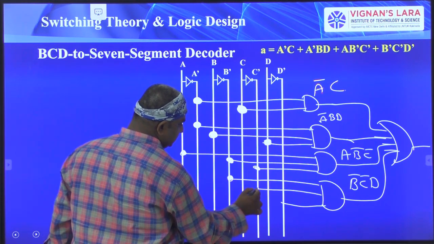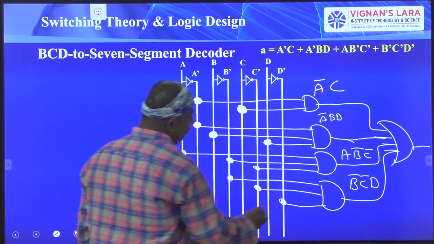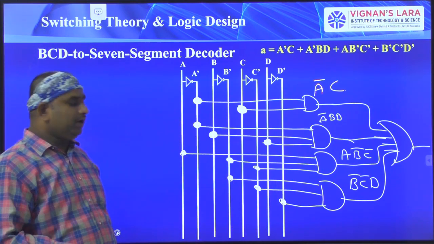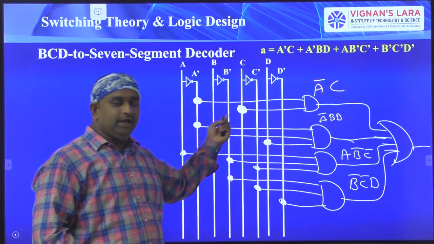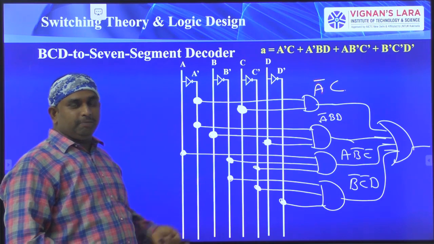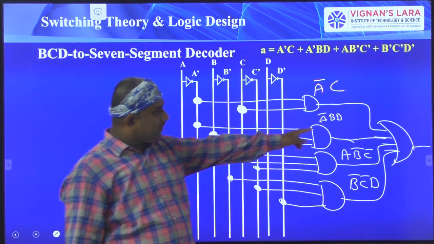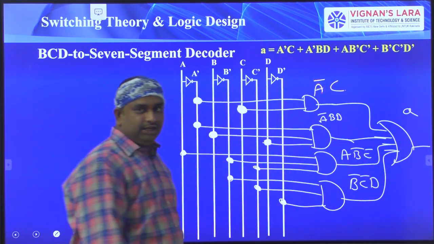So these contacts are very important. If you miss these contacts, we cannot identify the circuit. Why? Because when the problems get bigger, many electrical contacts will appear here, and you need to represent them with clarity. So here these are the finalized values, and this is the functionality for A.